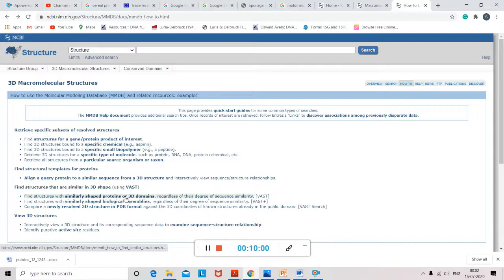Now if I have isolated a new protein from a new bacteria, I want to know what is a similar shaped protein. That can be determined by the MMDB database, and similarly shaped biological assemblies, and you can also view the 3D structures. You can identify the putative active site. If you get a new amino acid sequence or a new protein, you want to find out its probable active site. That could also be analyzed by the MMDB database.